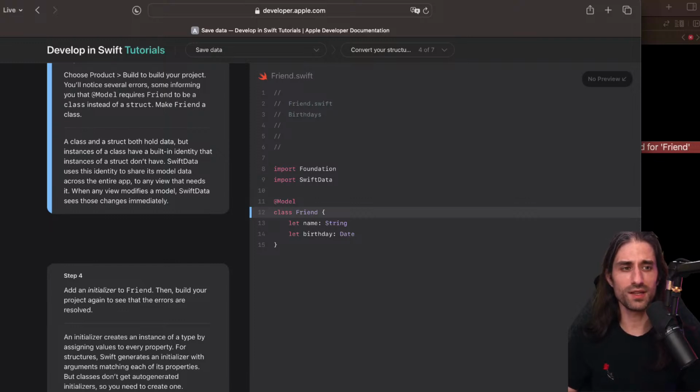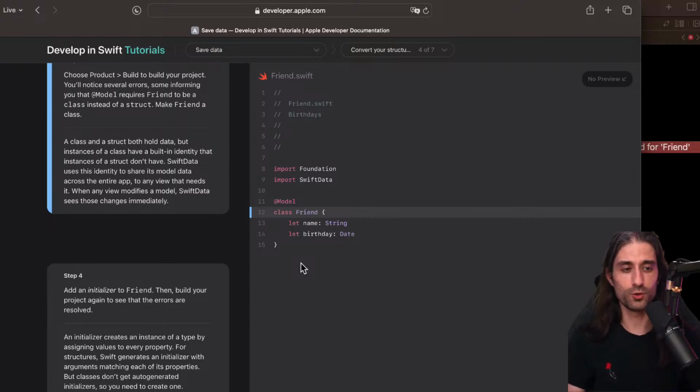So the logic here is kind of the same as when you have to use a class to implement an ObservableObject in SwiftUI. It's the same kind of logic: you need to have an object that has an identity, because when you have a struct, if you have two structs with the same properties, they are virtually indistinguishable from each other, the same way that if you have two integer properties holding the value 24, they hold the same thing. All of the integer properties that hold the value 24 hold the same value. There isn't one different instance of the integer 24 for each of the properties.